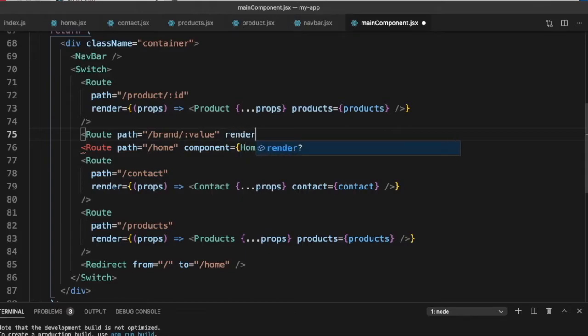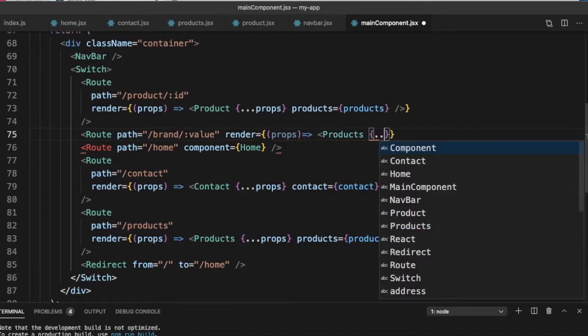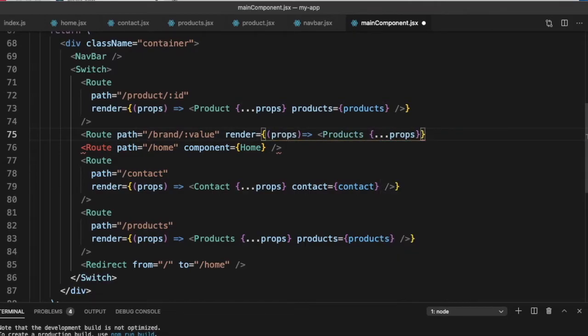And render is equal to, again the standard way, props. And we want to use the products page here. Let's spread our props.